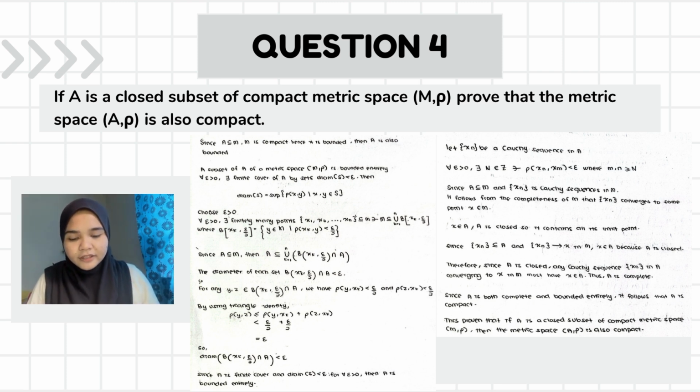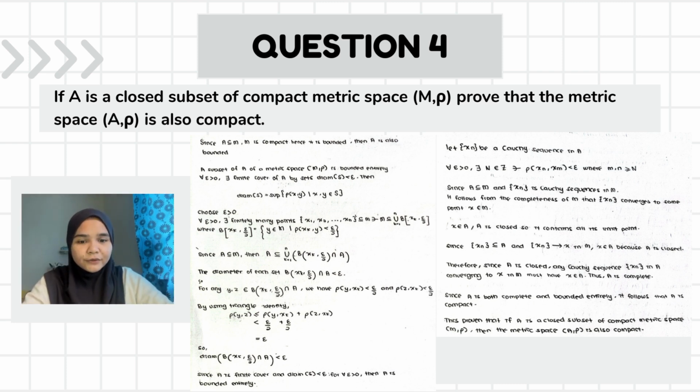For every epsilon greater than 0, there exist finitely many points x1, x2, until xn in M such that M is a subset of the union of B(xk, epsilon/2), where B(xk, epsilon/2) is equal to the set of y in M